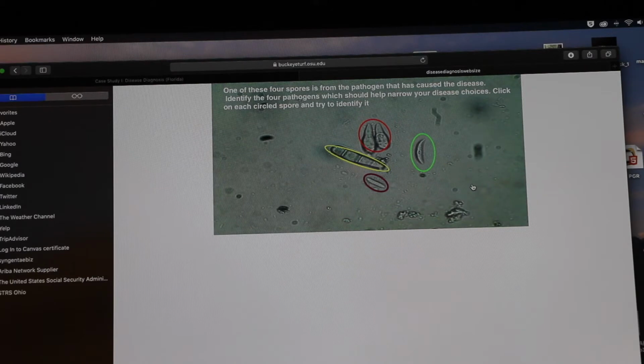And what I've done here is taken a slide of these spores, and I've circled them in with 4 different colors, all right? And one set of these spores is the pathogen for this disease, or what we're seeing on this Bermuda grass turf in Naples. And if we go through these, look at the shape here, circled by red, of these spores,